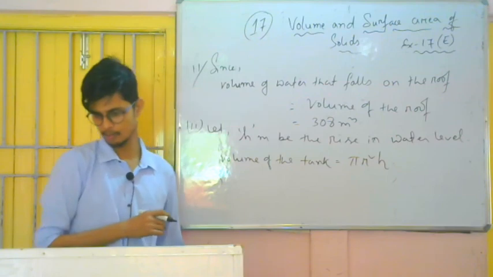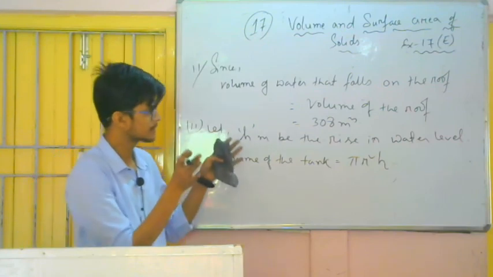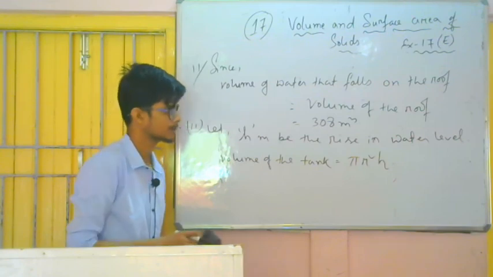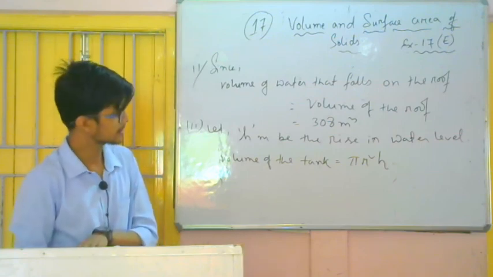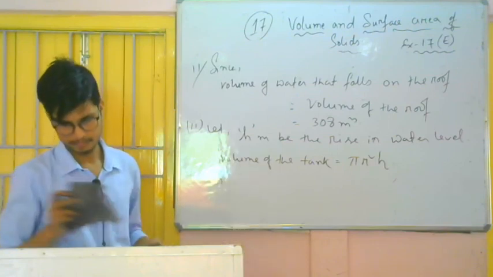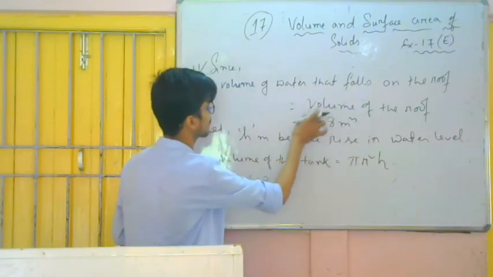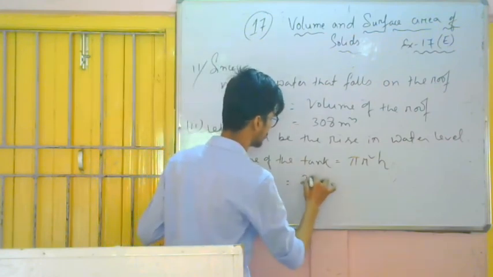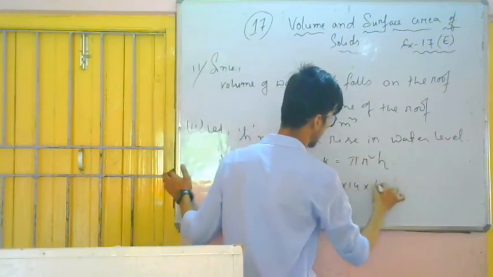Volume of the cylindrical column of water of height h is equal to volume of the rainwater. That means the water that is falling on the roof is equal to the volume of the water collected. And question is to find the rise in the water level. Here the radius is given 14. So if I put the water that will fall, then simply I will get the answer. So volume of the water, 308, is equal to pi, 22 by 7, radius r square, given 14 into 14, and height h.